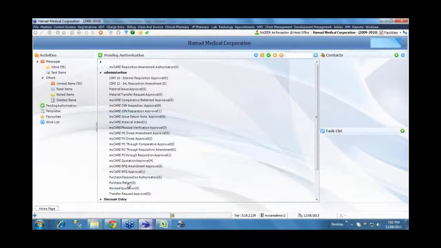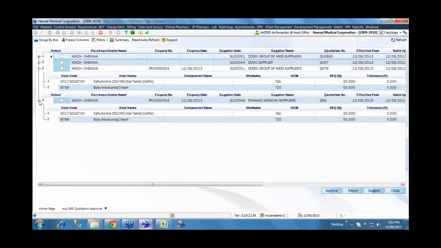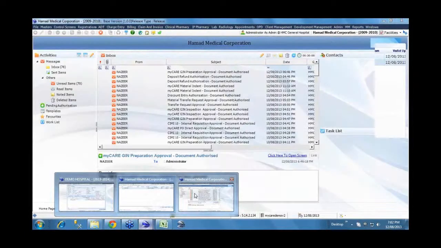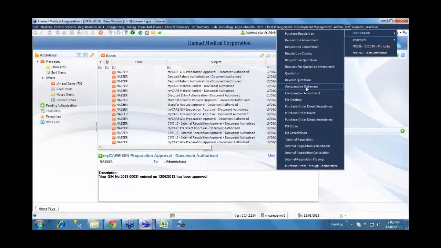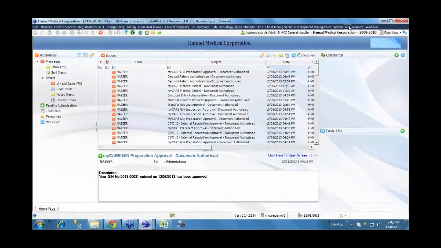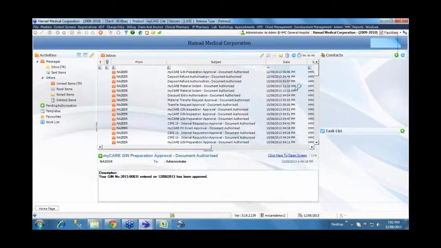Now that we have received quotations from the two suppliers to whom we have requested, the next step would be, depending upon the process flow which is defined in the system, there may be a purchase committee involved, which needs to review these quotations received and decide on the supplier. Sometimes it can be an automated choice based on the lowest quote, and sometimes it can be a more detailed process of going through a purchase committee and so on.